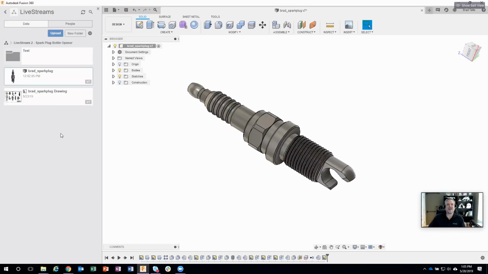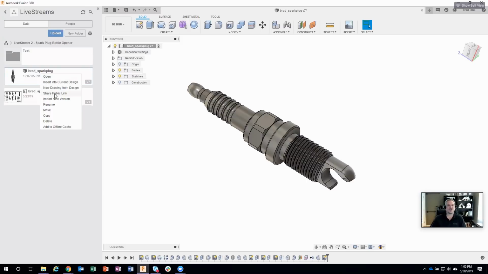There's another method that you can use, and that is if you want to share something with somebody that you don't want to have access to the whole project. So for example, maybe my manufacturer down the street. I want him to have access to this. I want him to be able to view it, to rotate it, maybe make some markups on it. But I don't want him to have access to all my other data. And to do that, I can right mouse click on my part or my assembly or my drawing or whatever it might be,